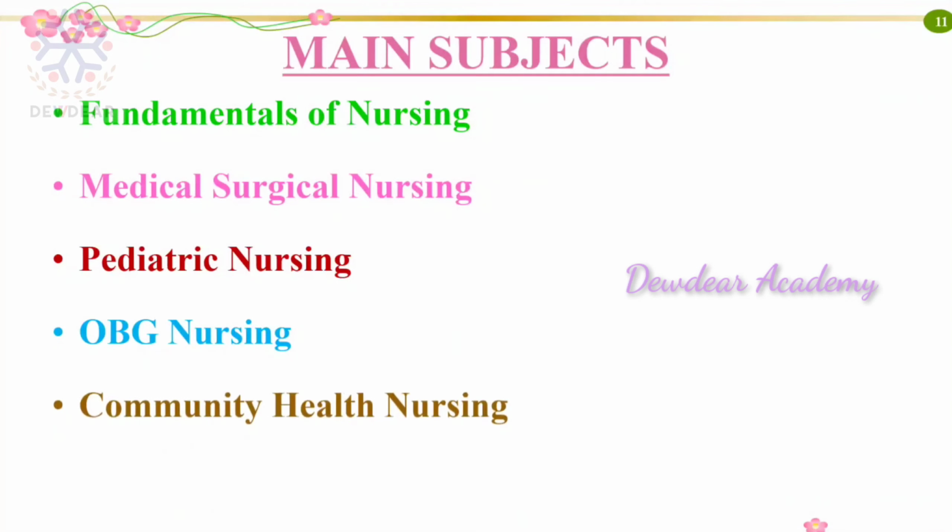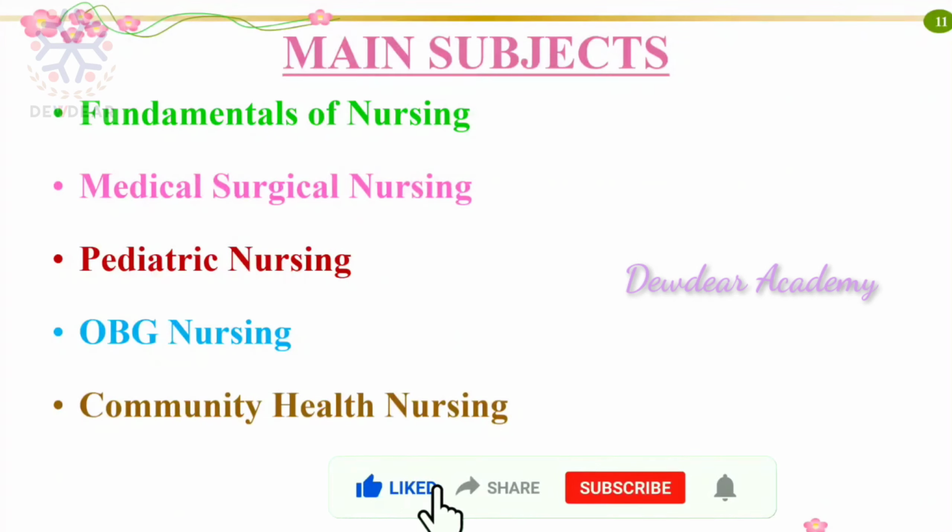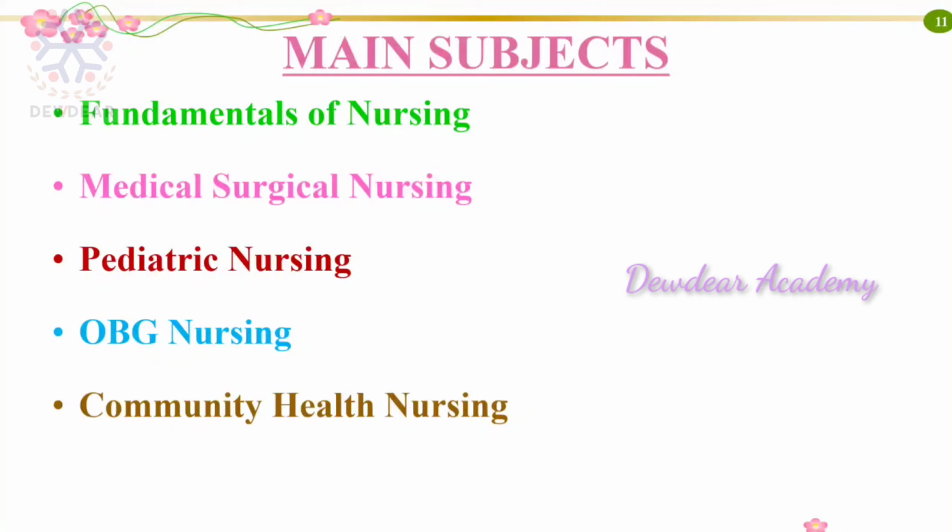Then comes community health nursing. In community health nursing also you have to expect 10 to 15 questions, and it is important to note demography, epidemiology, including the different terminologies in epidemiology, then the concept of health and prevention, then health programs, health committees, schemes, health agencies, then communicable diseases, non-communicable diseases, family planning, then vaccination. And it is also good to study the recent pandemic, that is COVID-19. Questions can also be expected from that section, so please note that.